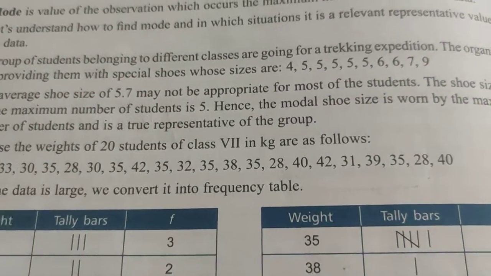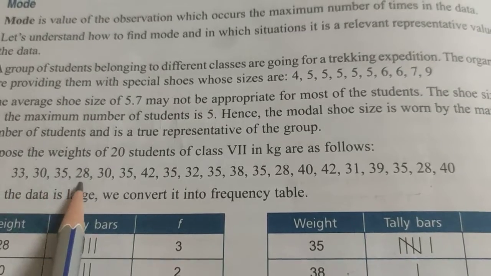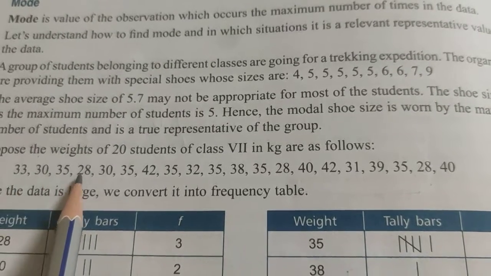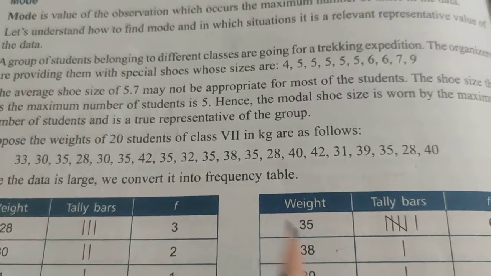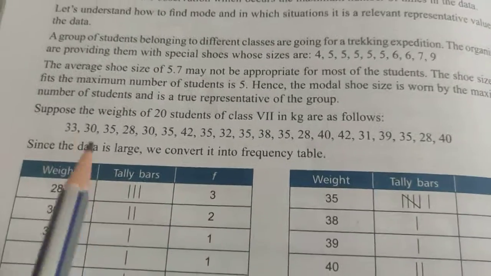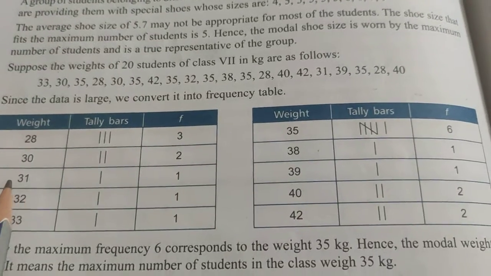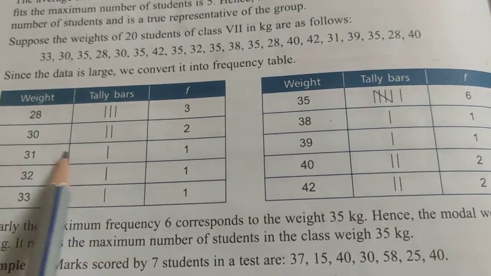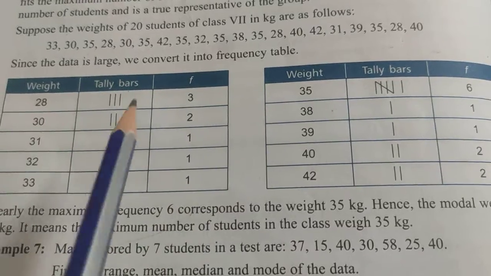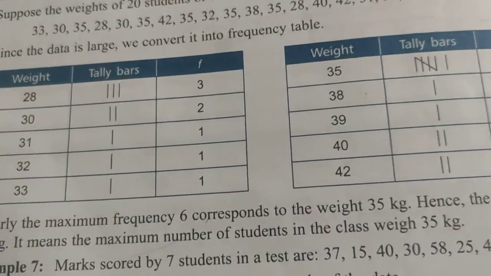So if you just look at this data, you'll see there are 33 ones. It's better you convert it into the frequency table, because there is so much data, it will be difficult. You will be mixing up. So construct a frequency table. This is known as a frequency table. I've explained to you how to do that.